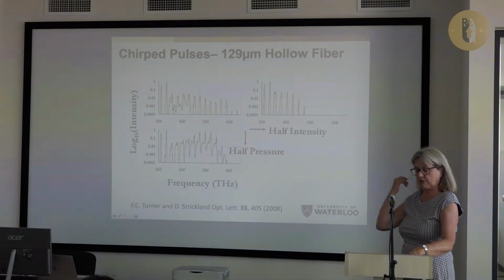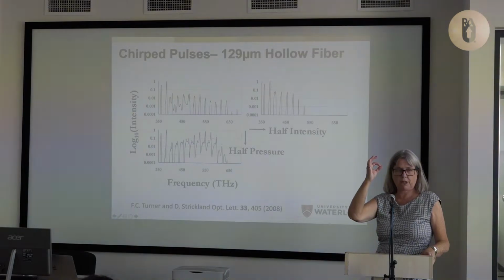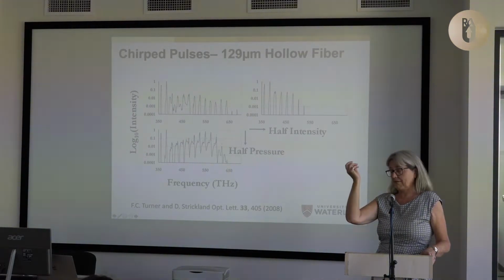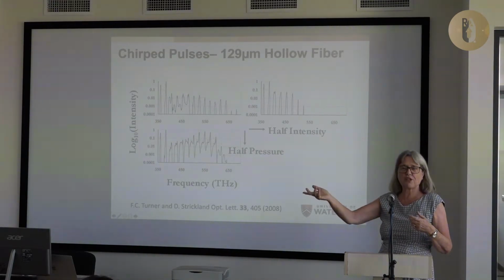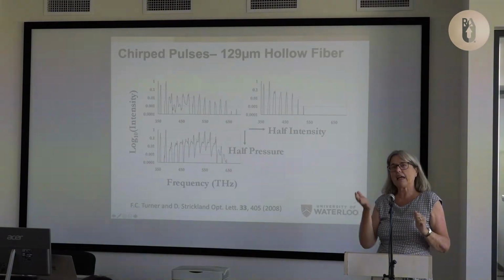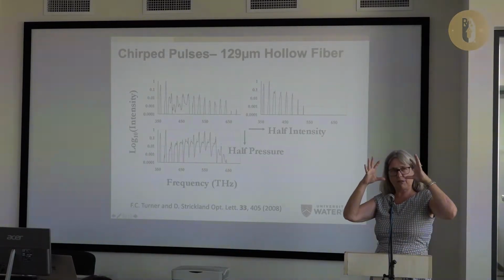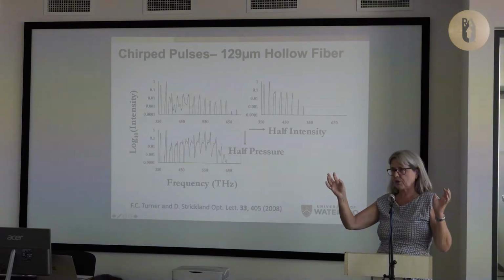One was the original experiment used a 250 micron hollow fiber. Hollow fibers work not like regular fibers, hollow fibers work on grazing incidence. The same thing if you skip stones on a lake, okay? So it skims on down the side, and if you have a big fiber like that, there's hardly any dispersion noticed from that, and you just have the dispersion of the gas.